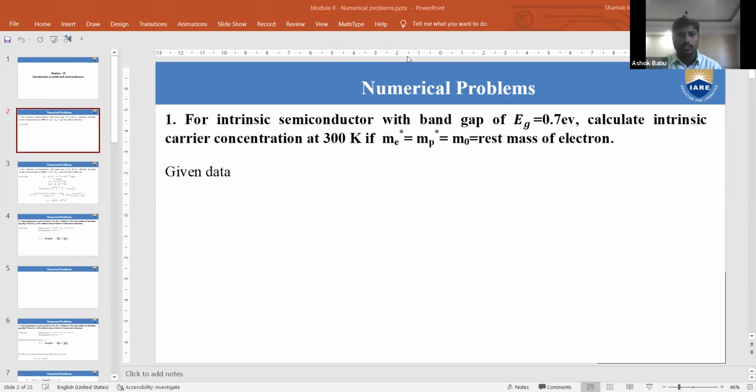The problem is for intrinsic semiconductor, we are going to find out the intrinsic carrier concentration. First, write down the given data. Eg, the energy gap, is given in electron volts, converting into joules by multiplying with 1.6 into 10 power minus 19. Temperature is 300 Kelvin. Me star and Mh star equal to 9.1 into 10 power minus 31 kg. So the formula will be Ni equals to